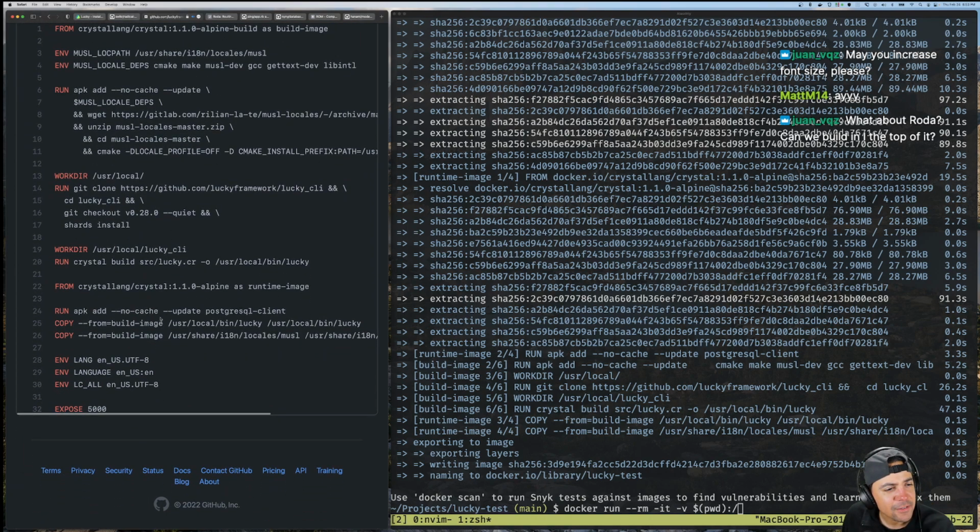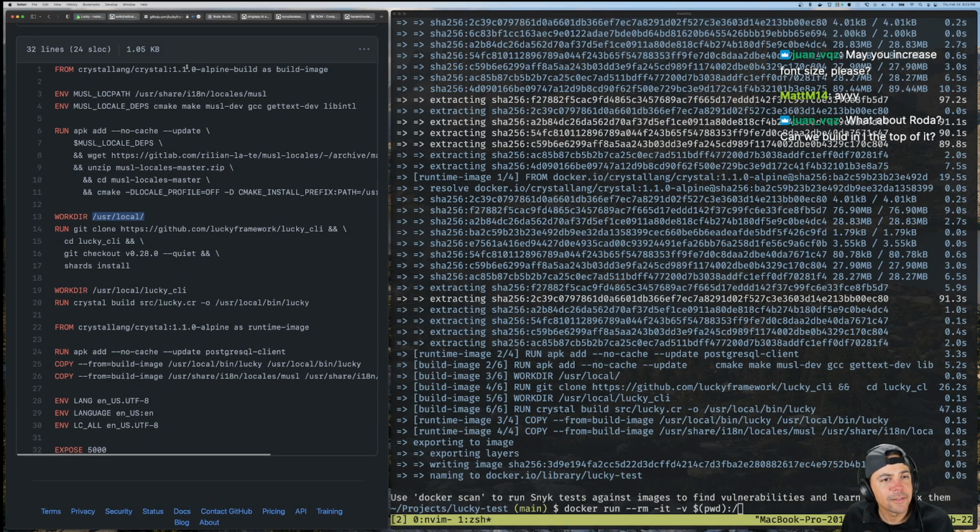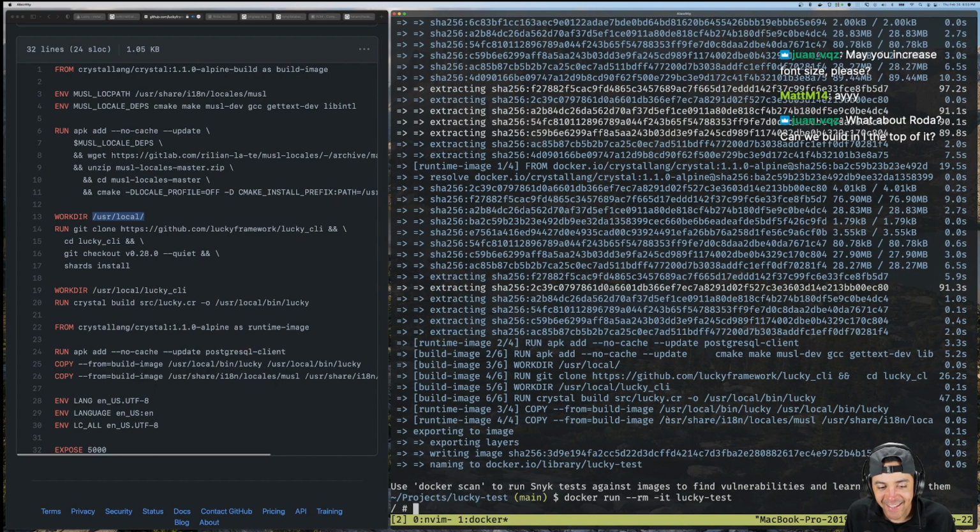What is in the Docker file? Does it say user local is the thing? User local. Oh no, that's just for the build image. The runtime image doesn't have one. It's just root. Okay, I don't think I can mount root, so I'm just going to say there's no mounting. Lucky test. There's really nothing else to do, right? There are no environment variables or anything. I guess that's why it's a test. All right, root at root.